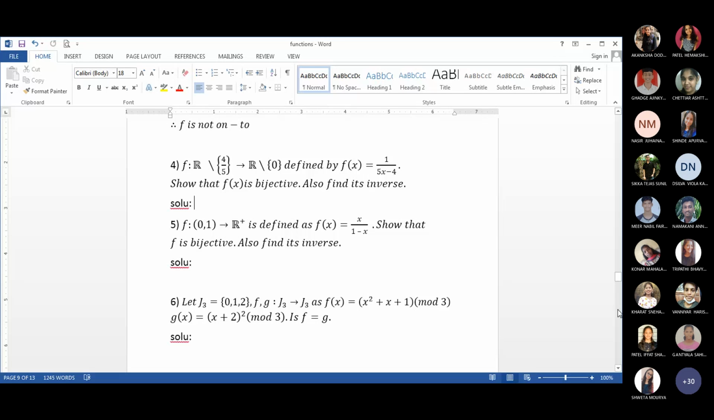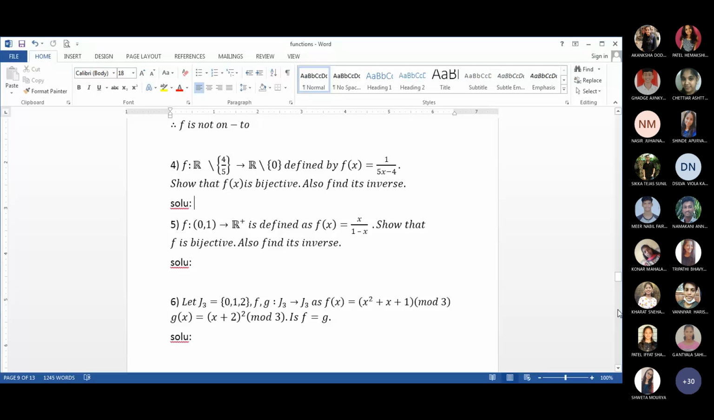तो नोटेशन इज क्लियर. फोर्थ सम का डोमेन क्या है? सेट ऑफ रियल नंबर्स अदर देन 4 by 5. कोडोमेन क्या है? सेट ऑफ रियल नंबर्स अदर देन 0. And how the function is defined? It is 1 upon 5x minus 4. अभी you would be thinking के पूरा रियल नंबर्स में से खाली 4 by 5 को ही क्यों डिलीट किया हमने? क्यों? क्योंकि the way in which your function is defined 1 upon 5x minus 4,